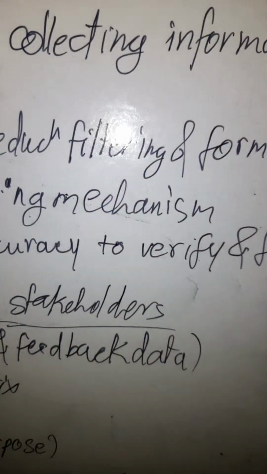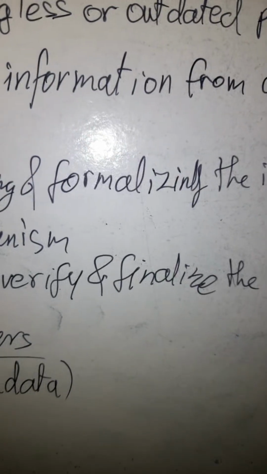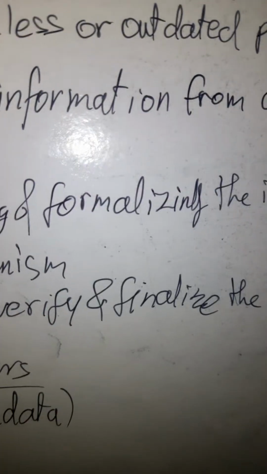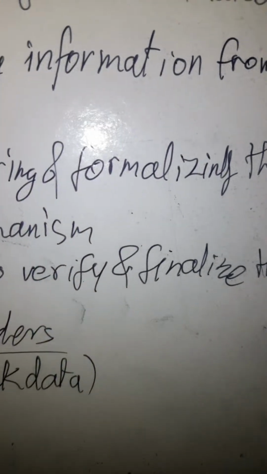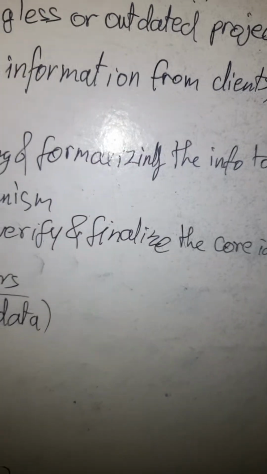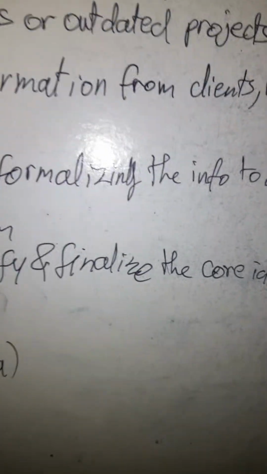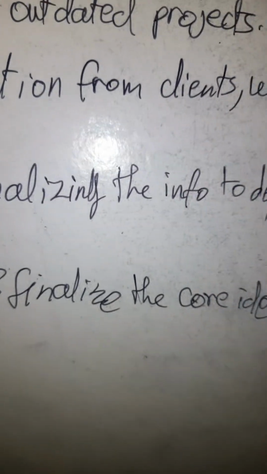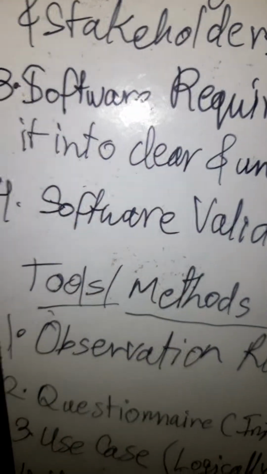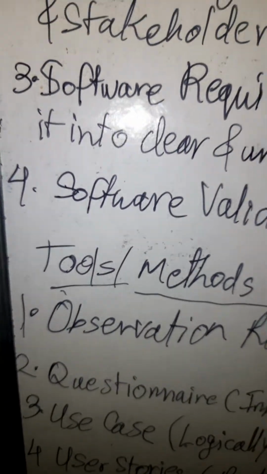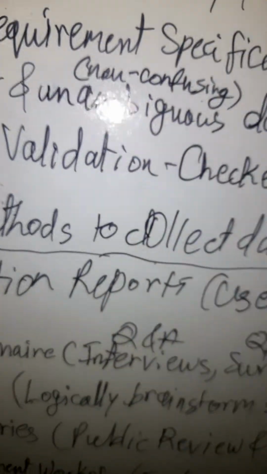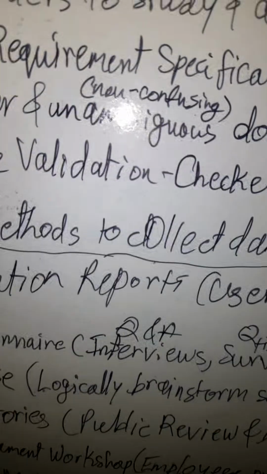Analyze it, filter the information, reduce the noise, the extra and useless information, which reduces your efficiency and doesn't make any sense. Remove that and formalize it. Make it sound good and understandable, easy to understand. Define it and structure it well into something clear, easy to understand, unambiguous and non-confusing, which means it shouldn't have